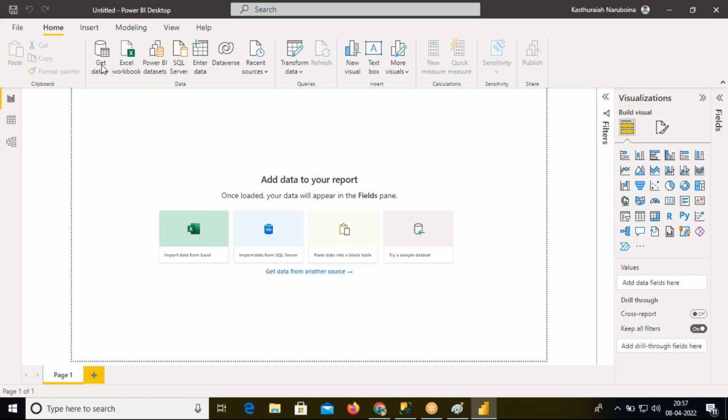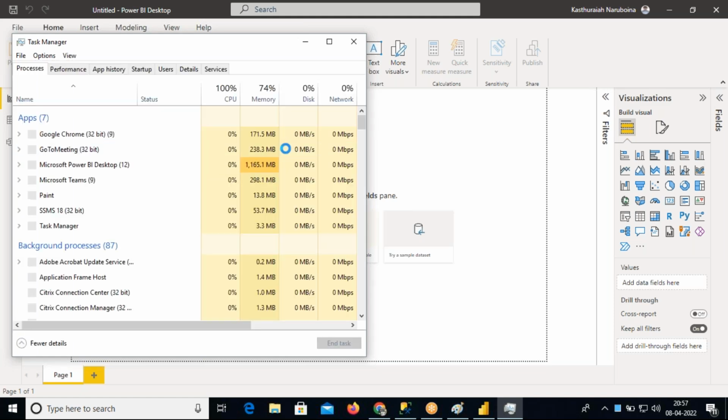Memory consumption will be very high, let's check. If you open Power BI, memory consumption is very high for the Power BI desktop application. See, Microsoft Teams is taking around 0% something, right? So in case you are installing Power BI, make sure you have 8 GB RAM and SSD. Okay,